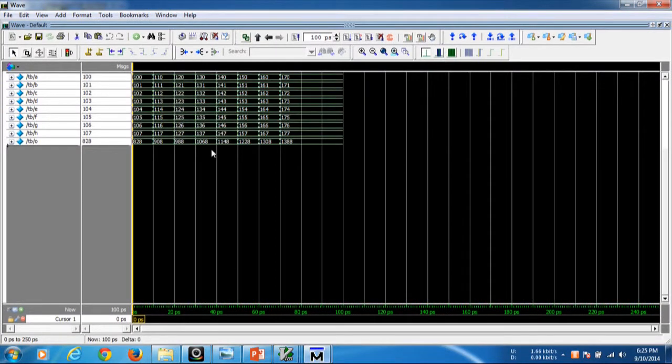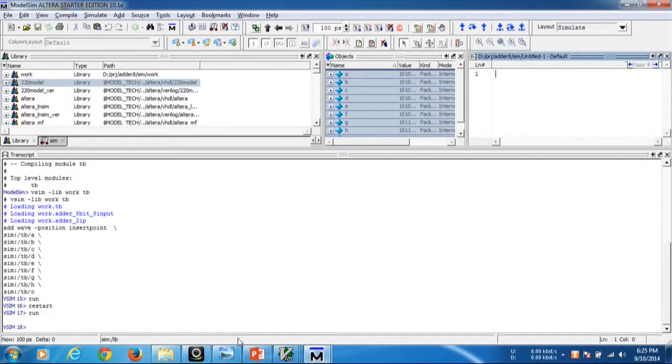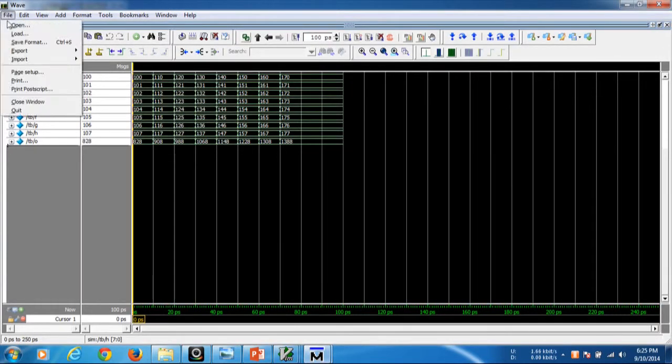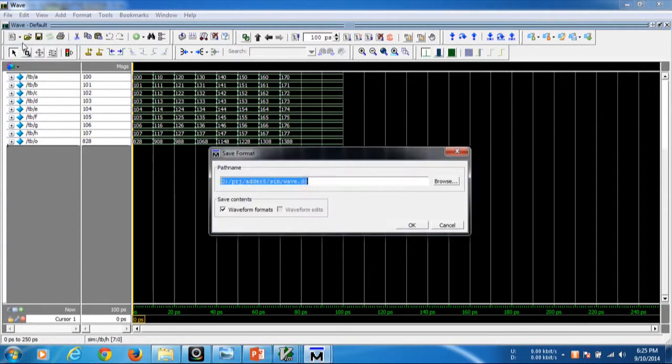Before restarting, you have to simulate the waveform. After simulation, you have to save it. Go to File, Save Format. You have to save the format as wave.do and press OK.